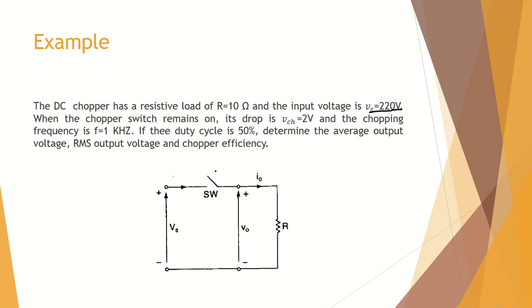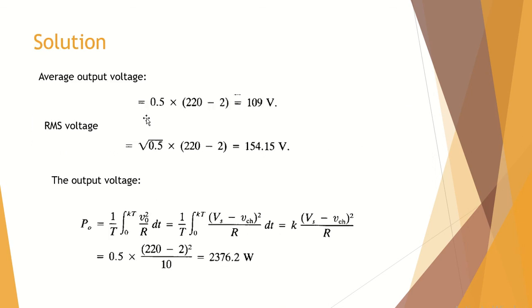But when we were discussing that circuit, we considered that the switch is ideal, or we can say that the switch was lossless. But here it is saying that the switch has a voltage drop of 2 volts. So this 2 volt will be subtracted from 220 volts. So here comes our average output voltage, and the same goes for RMS voltage. Now if we calculate, our output power will be